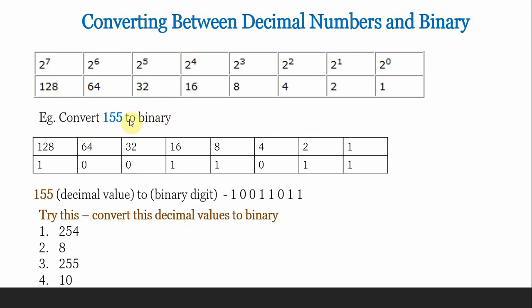155 to binary? We learned about converting binary into decimal or decimal into binary in high school. So we are converting this decimal value, which is 155, to binary. We draw this chart here and try to convert it. I'm taking 128, then I'm going to add 16. So 128 plus 16 gives me